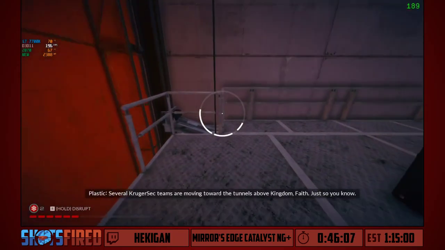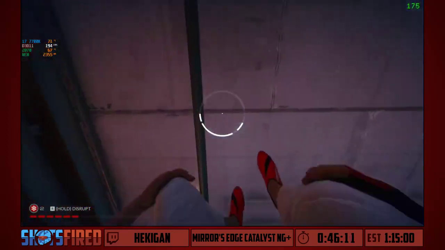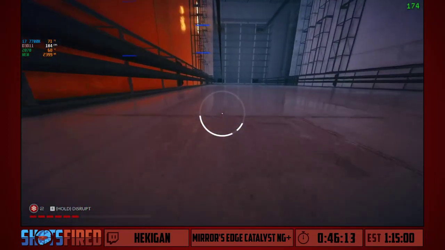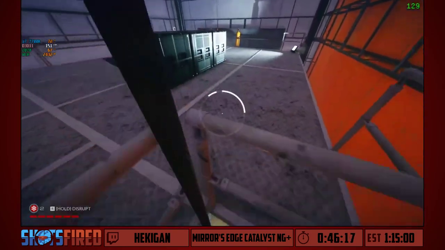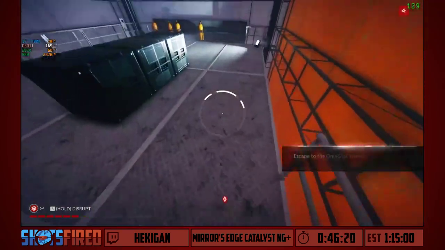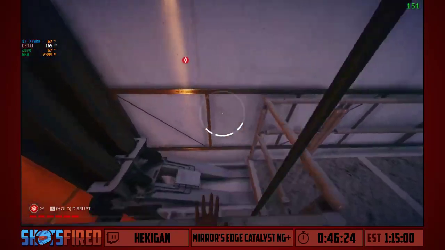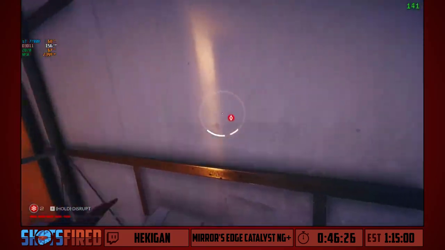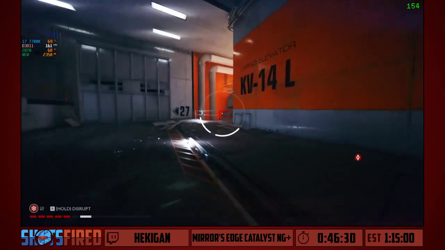Several Kruger sect teams are moving toward the tunnels above Kingdom Faith. Just so you know. We're escaping, by the way, so I'm just taking this elevator up. I'm stuck. Oh, I'm not stuck anymore. Get up! Oh my god. You know what? I'm just gonna run away. That's what you're supposed to do. I was gonna climb the wall, but...